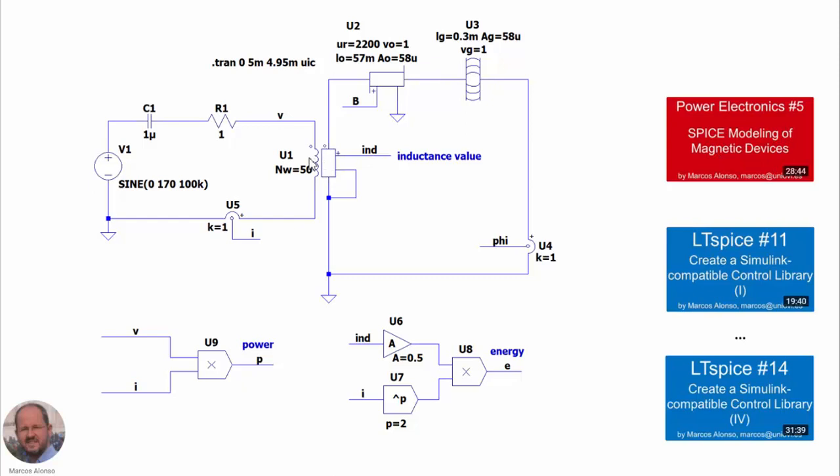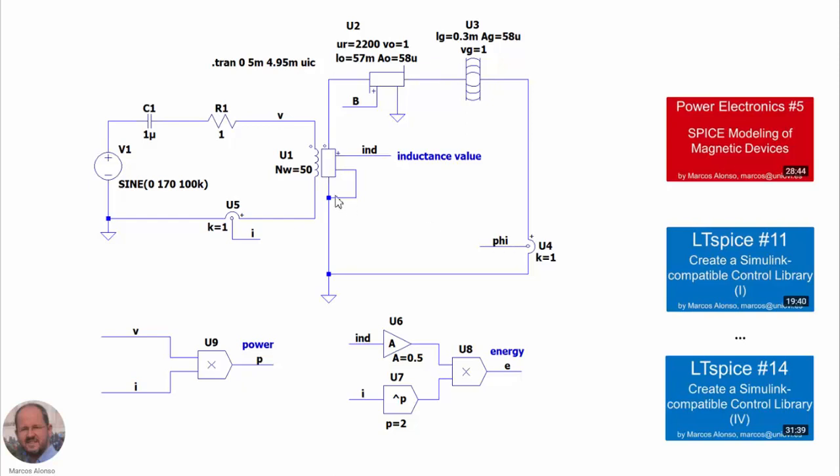Here these components are the winding. Then we have here the reluctance of the core. This is the length, this is the permeability, and this is the cross-sectional area. And here we have the gap. This is the length of the gap, 0.3 millimeters, and this is the cross-sectional area of the gap, which is the same, of course, as in the case of the reluctance. And then we are using here a current sensor to measure the current, which is equivalent to the